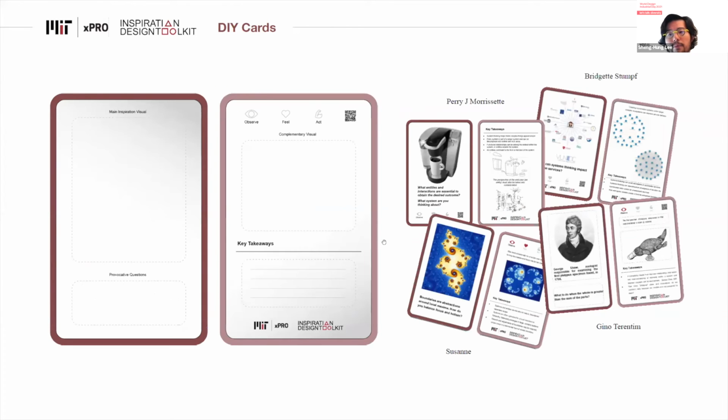The cool part about this experiment is that we also thought about why we should be the only ones to provide the content. We should let the students provide their own content and ideas. So we also provide a template for them to create their own cards, for the purpose of learning and documenting their journey of this course.